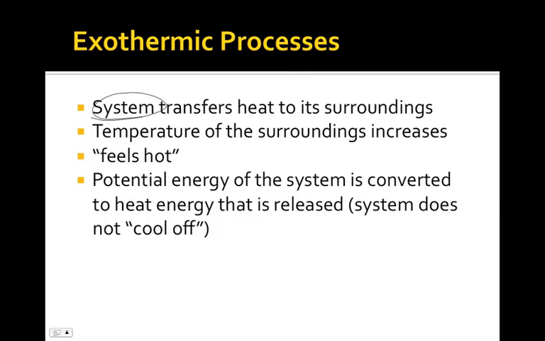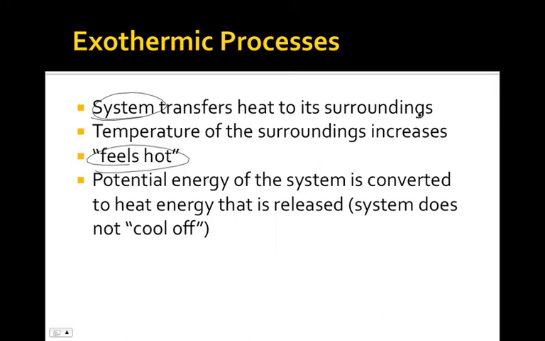And often this gets a little confusing because we humans are almost always a part of the environment, which is why, since you were 6 years old, you've been taught that an exothermic process feels hot. It feels hot to the environment, which is where we are, because the system is transferring heat to the environment,